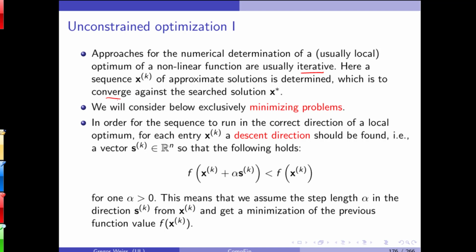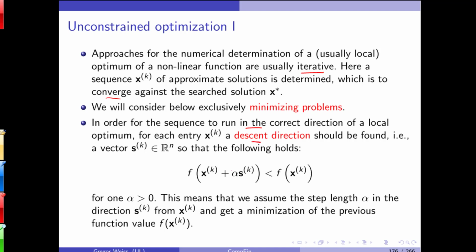And the sequence of solutions should converge ideally to the solution we are looking for, x star. So we'll only consider minimization problems, and in order for the sequence to run in the direction of a local optimum, for each entry xk,